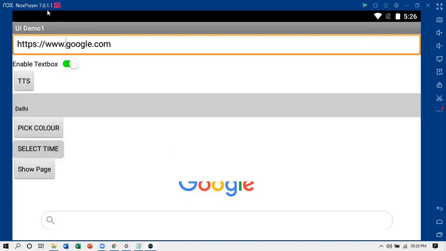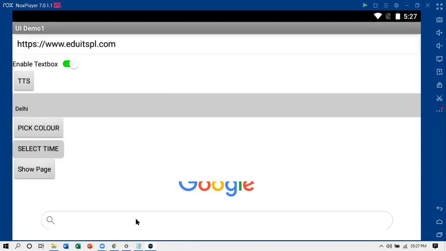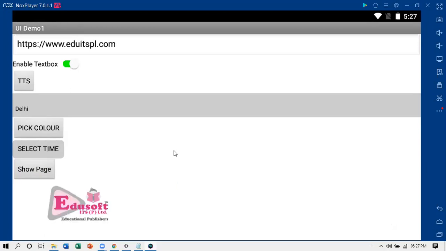This is the web viewer component. Another URL. So you see our website is visible here. So this is how it is working. I will show you the program also.